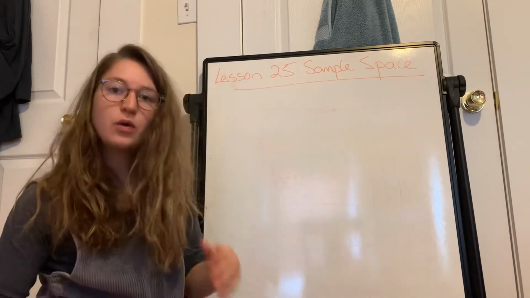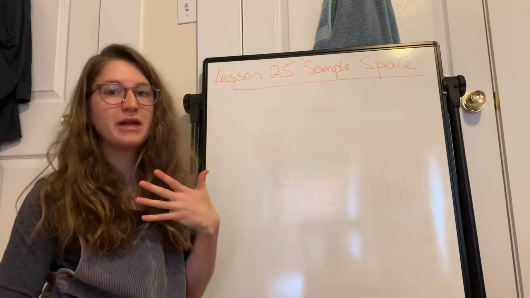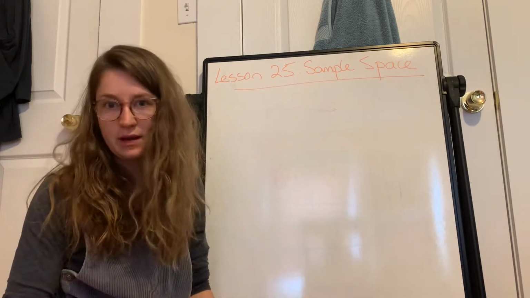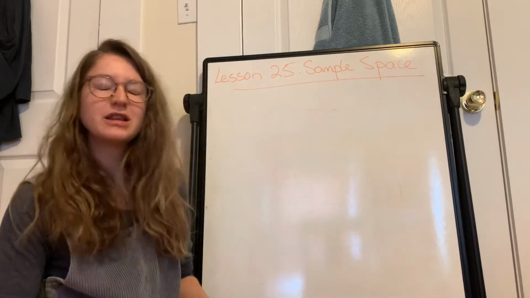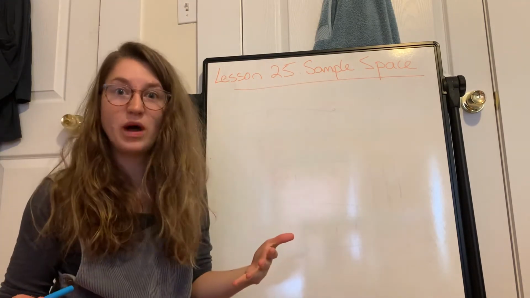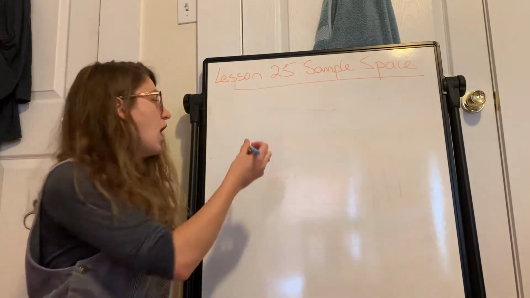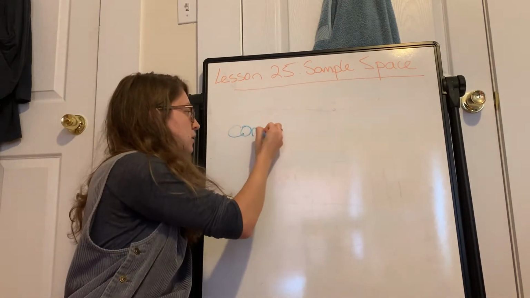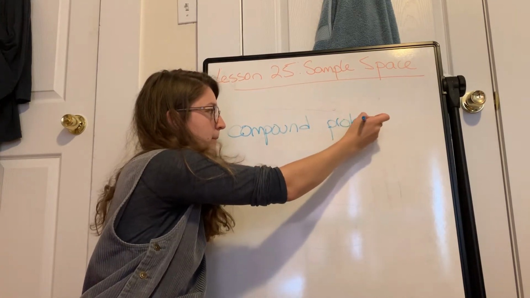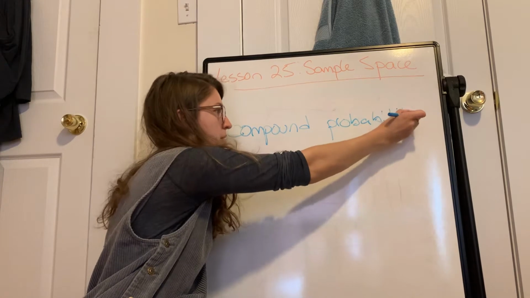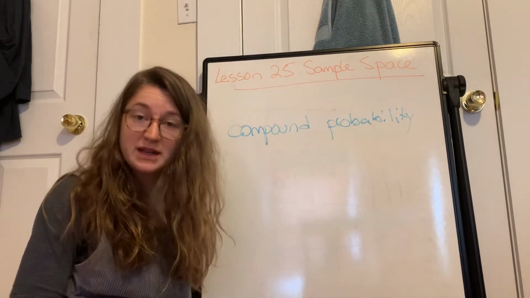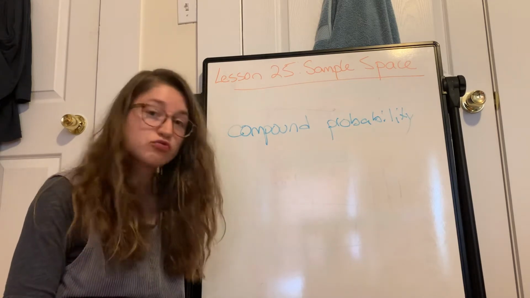And last week we worked on the probability of doing one thing, rolling a dice, flipping a coin. This week we're getting things a little bit more complicated, and we're going to talk about the probability of two things happening at once. This is called compound probability. One example of compound probability is the example we've been using this whole time, which is rolling two